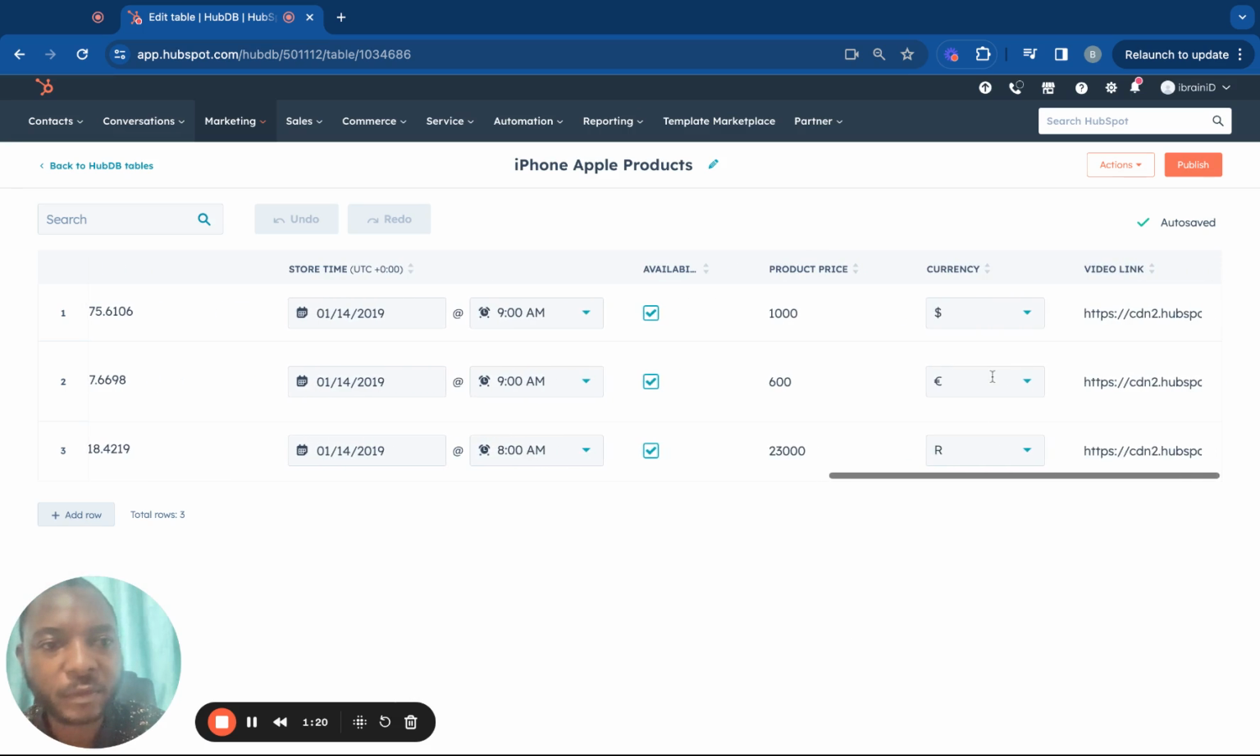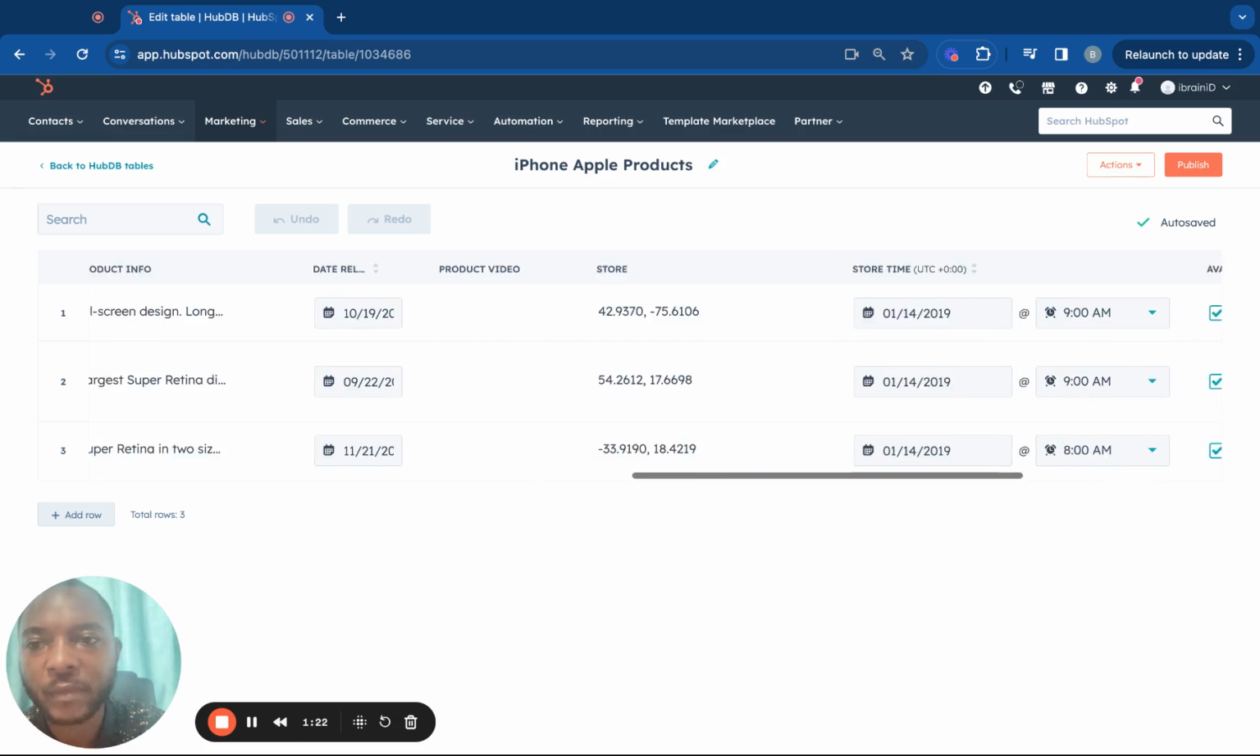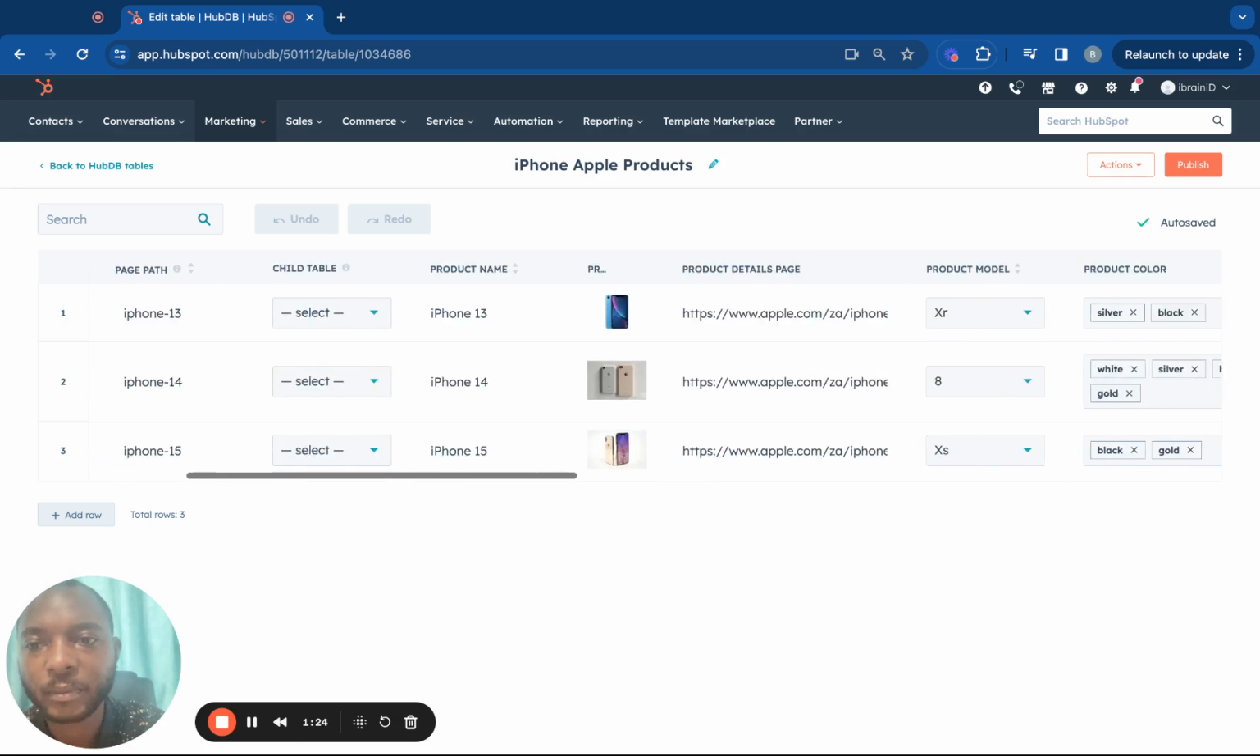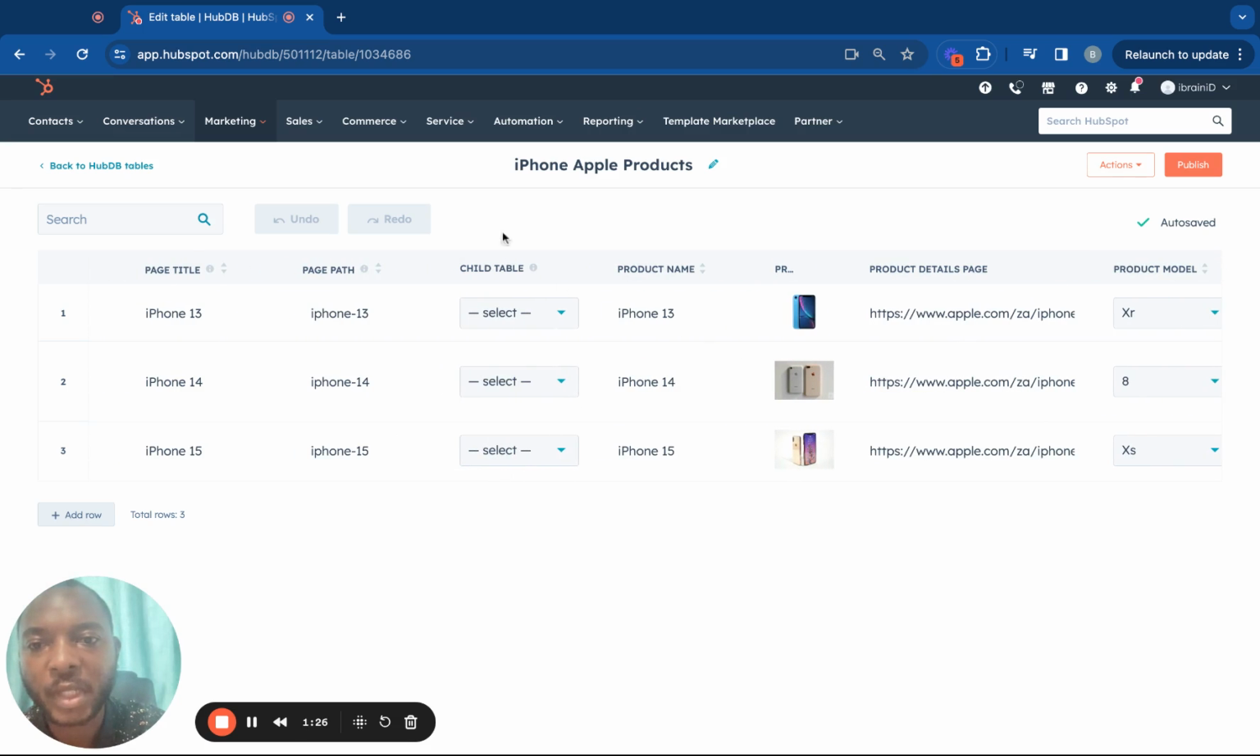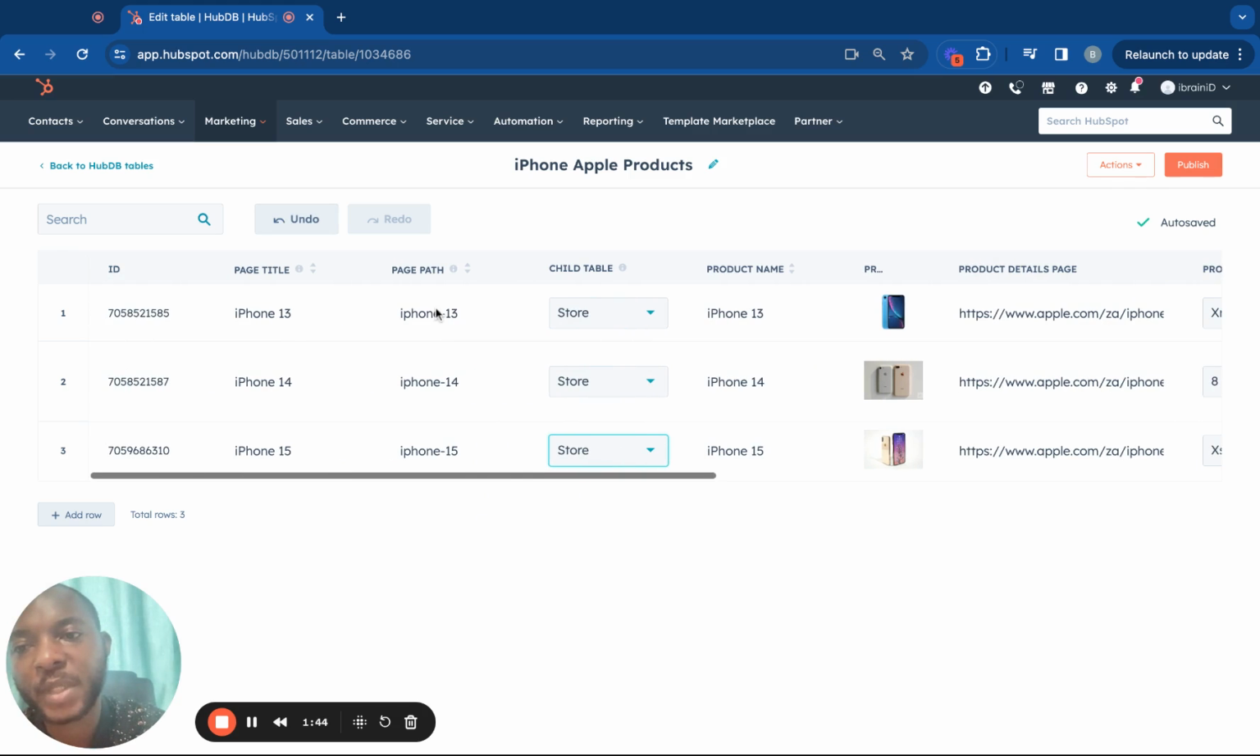Once you save, okay, we save there. As you can see now, this is the table itself, the child table. Now in the HubSpot system, the HubDB did automatically add the column here. So now it's just to choose your extension there, put the store. Which means that when you're accessing this page here,